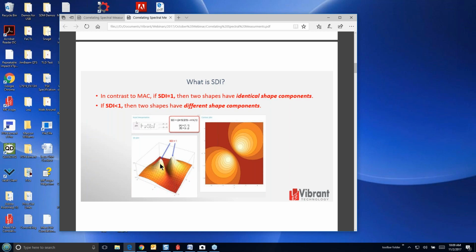Now in MEscope, we square the SDI value, so even if one shape is the negative of the other, the answer is going to come out to be 1 when they have equal components. When they have different components, the value is going to be less than 1.